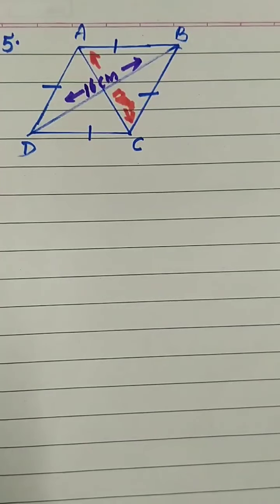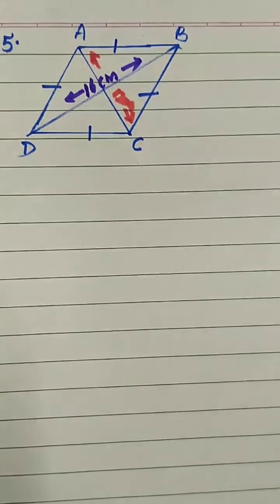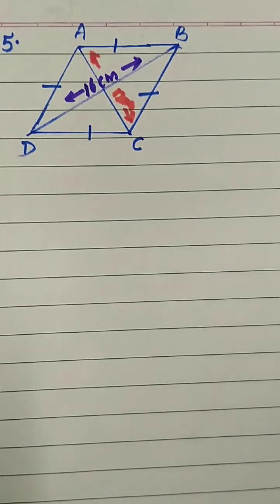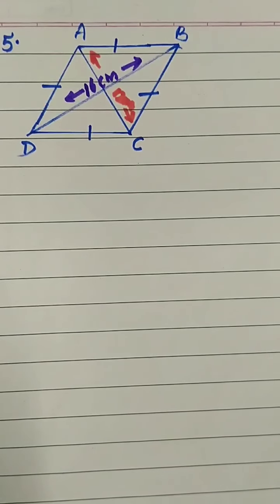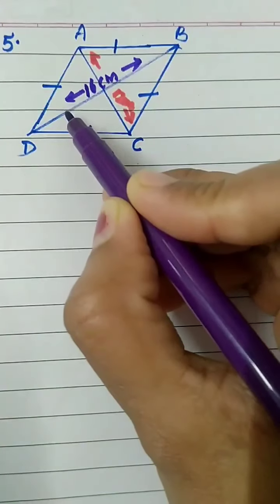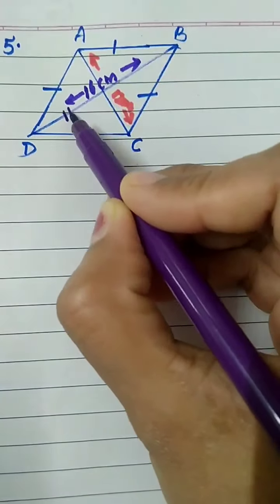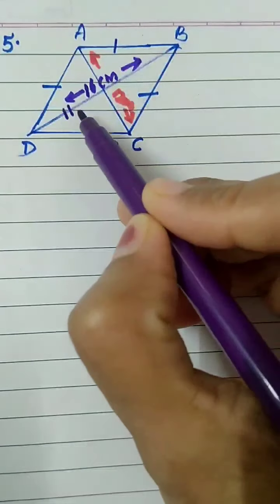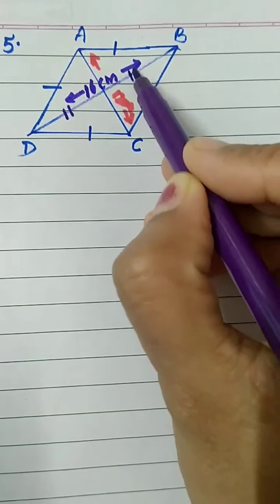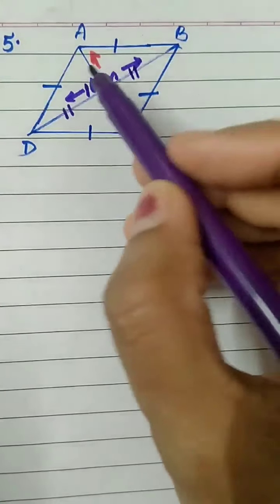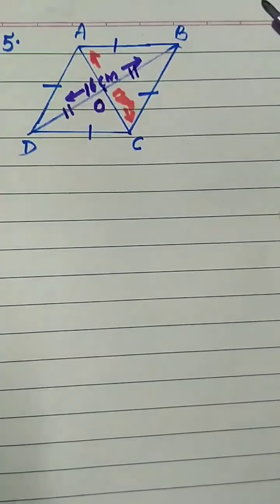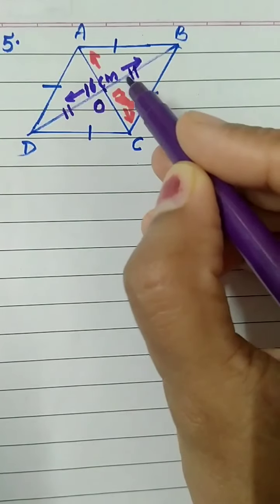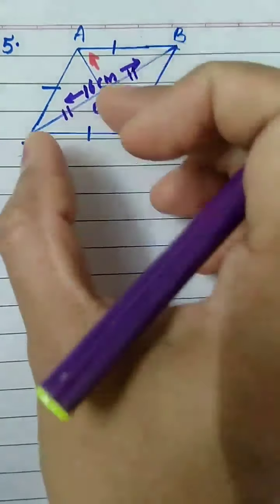Now what are the properties of a rhombus that we did in the last class? Do you remember? Diagonals of a rhombus bisect each other and are perpendicular to each other. That means the diagonals bisect each other. Single mark I have already used for the sides. So this part of the diagonal and this part of the diagonal will be congruent. Before that, let the diagonals intersect at point O. Diagonals divide each other equally, bisect. This part is equal to this part.